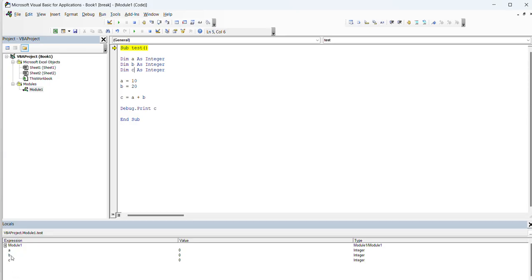It automatically appears in the locals window, and by default the values are assigned 0. Why 0? Why not text? Because we have declared those variables as an integer. If you see, the data type is an integer here, so that's why the default value is taken as a